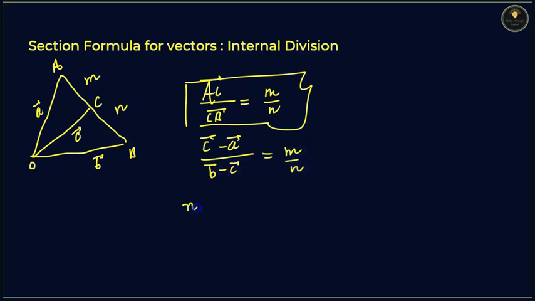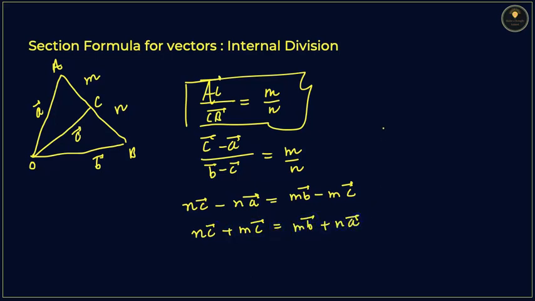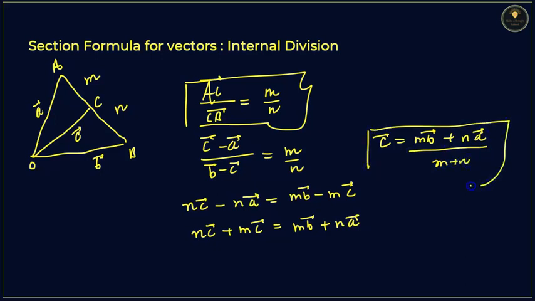Now if you do the cross multiplication, you will get the value as n C vector minus n A vector, that is equal to m B vector minus m C vector. I will take everything on one side, you will write as n C vector plus m C vector, that is equal to m B vector plus n A vector. And if I want to find the value of C vector, I will write as m B vector plus n A vector, and in the denominator you will write as m plus n. So the C vector can be written as m B vector plus n A vector upon m plus